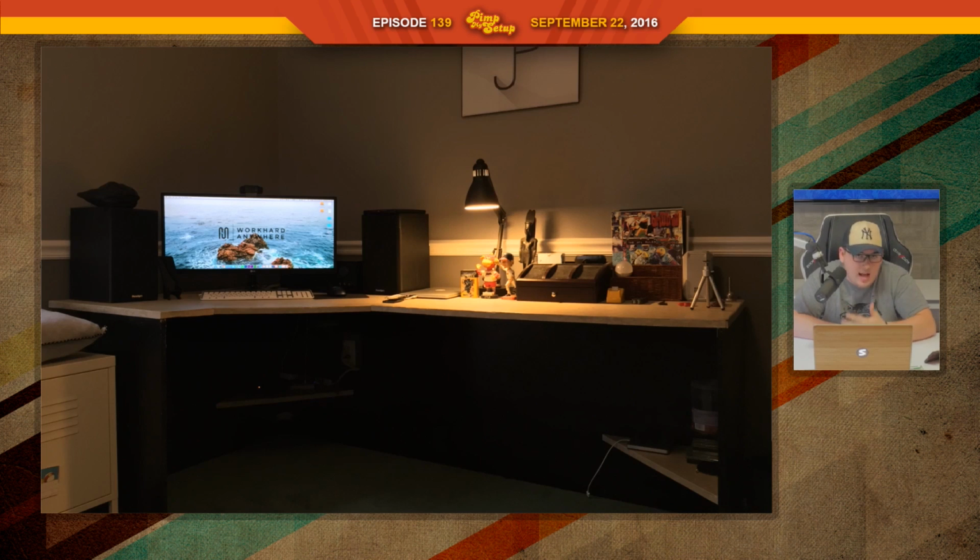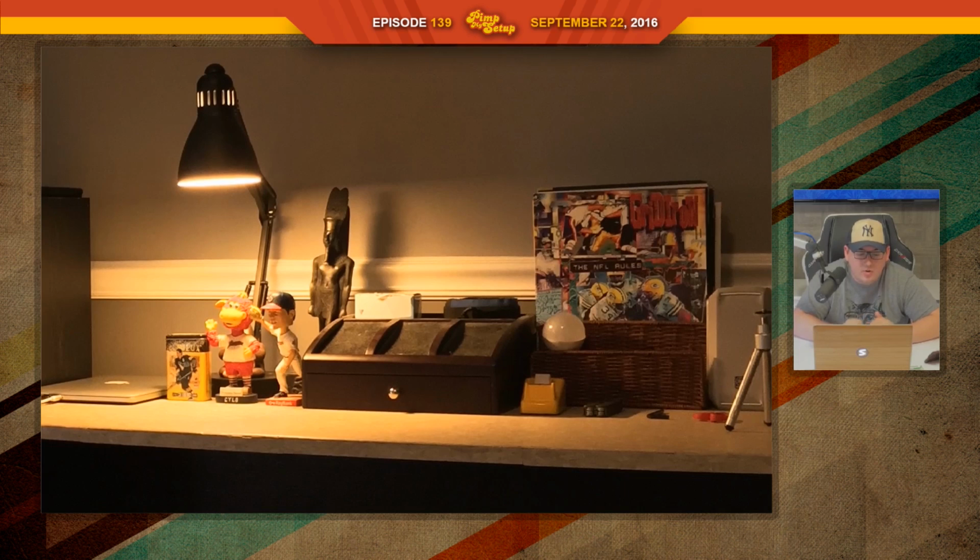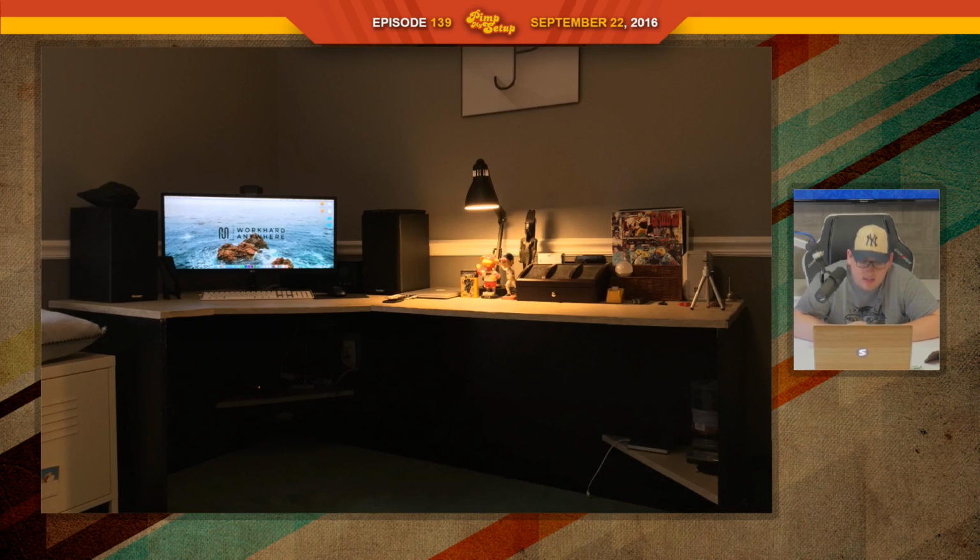I would like to see it on a docking station of sorts and just kind of clean up the desktop a little. It's got a lot of cool things on there. You have that little desk organizer and everything like that. But I do think it needs a little bit of help with getting things off there, cleaning it up,